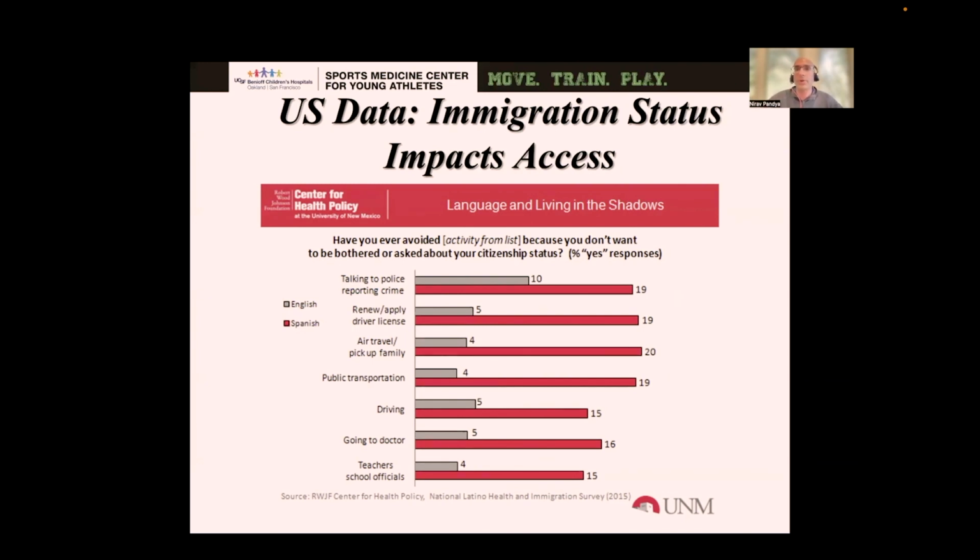they come in 4 to 5 weeks later with a malunion or a delayed union, and having an understanding of why that patient may have presented, not because they're not compliant or not because they're not taking care of their child or their injury, it's because of their fear of something greater happening by engaging with